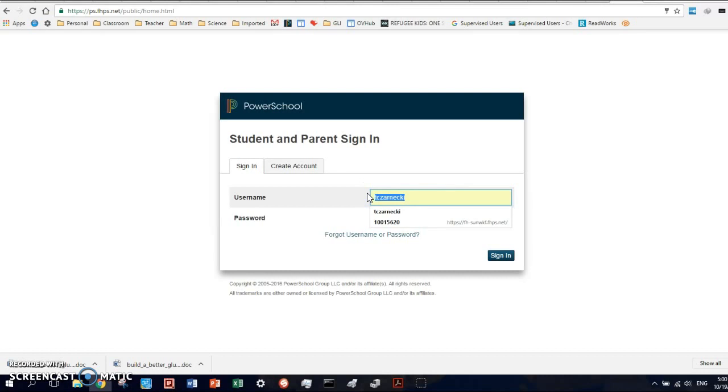So you enter for their username their student ID number. This is a 5-digit number that students use for lunch, hot lunch, for the media center, and for other things. It's also included as part of their email address, or their Google email address. So I'm going to enter the student ID number,